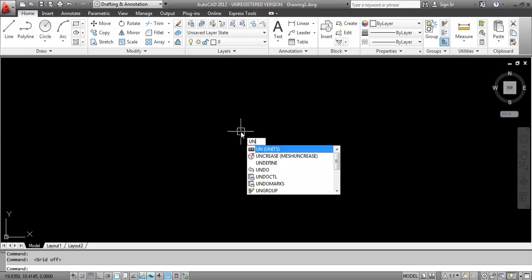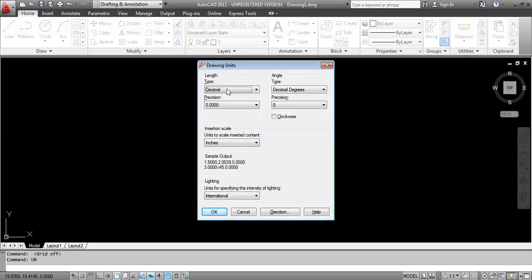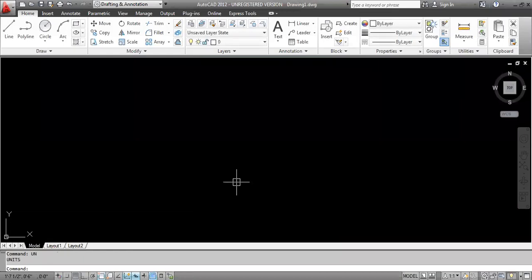Now you have to select units, drawing units. Here you can see the type; you have to keep architecture. In this you have to keep 0 feet, half inches. Here inches is there. Here international. Then again you have to take